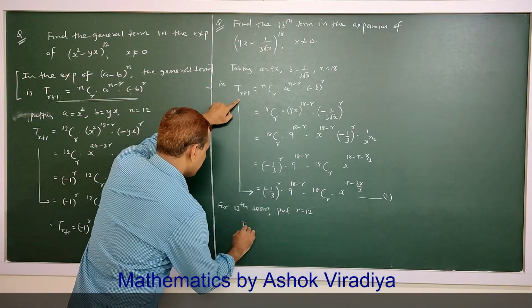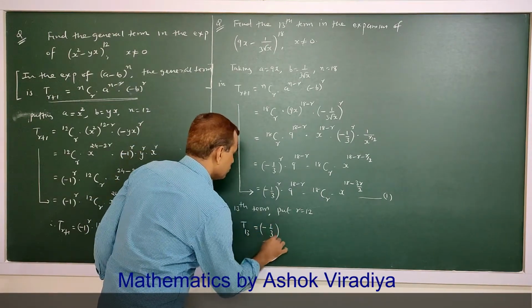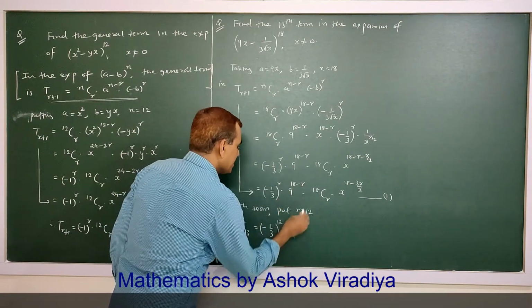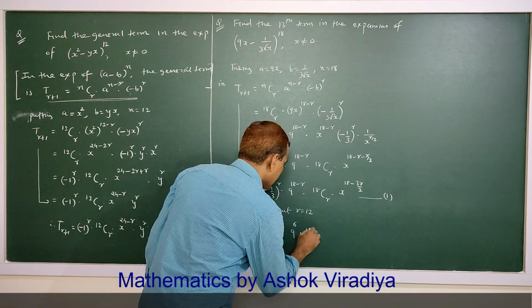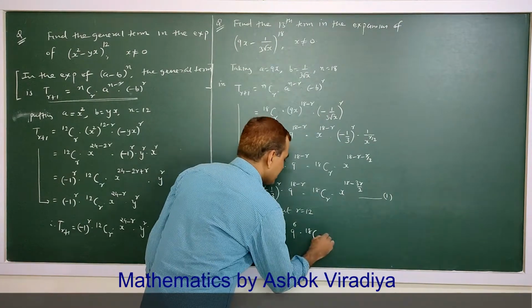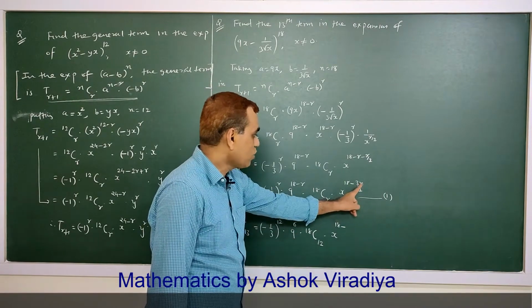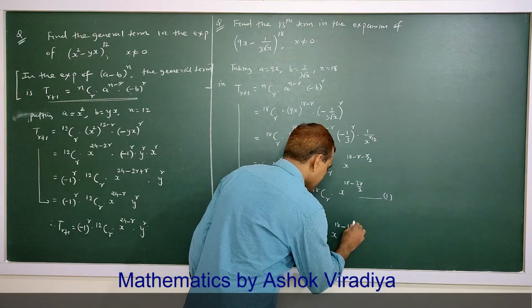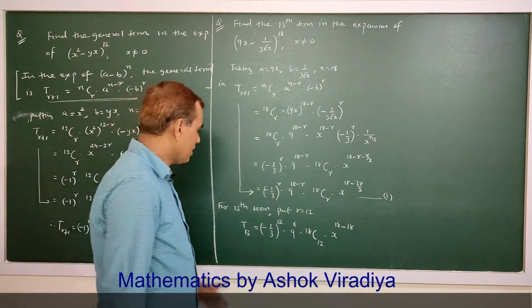So T13 equals minus 1 by 3 raised to r, which is 12, 9 raised to 18 minus 12, which is 6, into 18C12, x raised to 18 minus, putting here 12, 12 into 3, 36 by 2, 18. So it is going to be the constant term. So it is equal to,